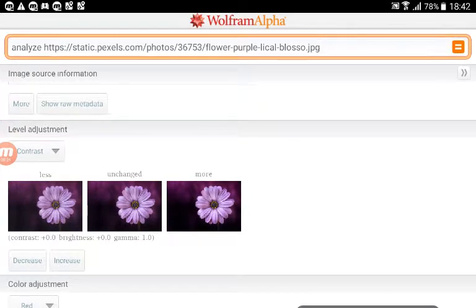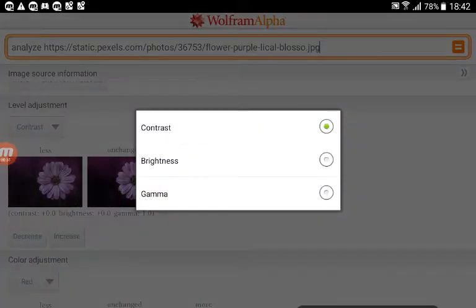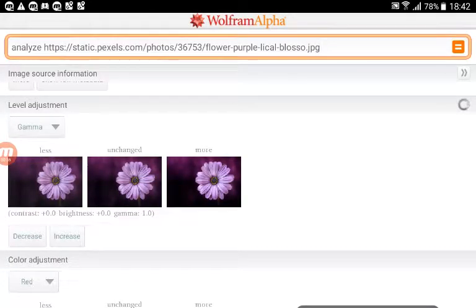Let's take the photo, and you'll see down here I've got some options: contrast, brightness, gamma, etc. And I can decrease, for example, the brightness and decrease it again. On the right hand side you'll see a little swirly window or circle saying that it's in process, and it's finished. If I tap on the image,